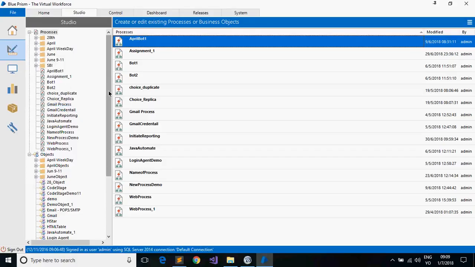Okay. So till the last class, we discussed mostly about stages. In the process studio, we discussed mostly about the calculation stage, right? And we discussed most of the functions in the calculation stage. Today we are going to move forward and look into a few more stages that are present in